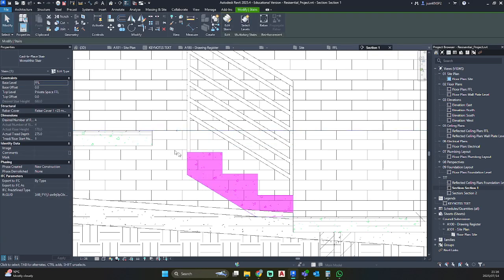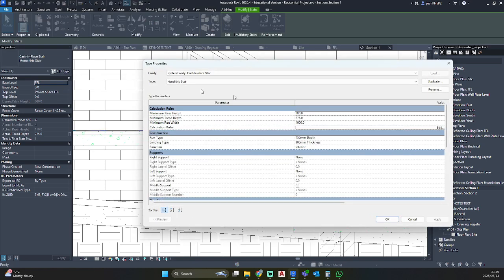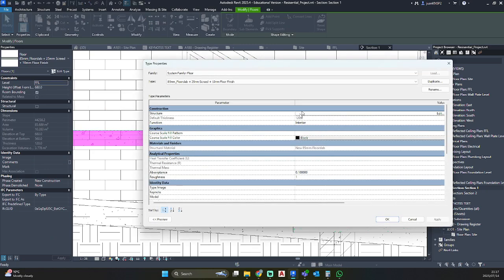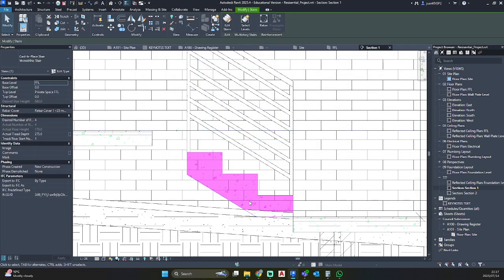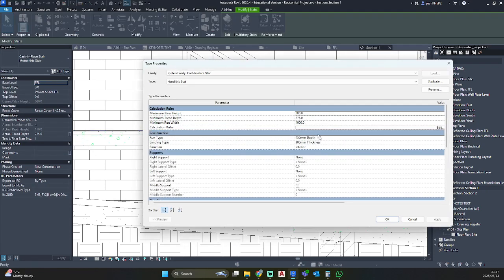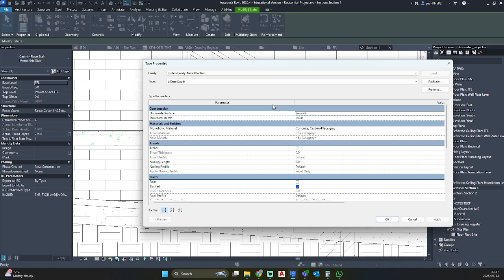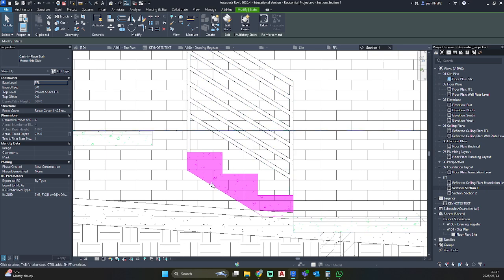So we want this staircase to connect and talk with our floor slab. So we can just check our landing type, run type is 150 mm thickness. Our floor slab in total is 120. So if you select the stair and go edit type, we want to change the run type. So that's currently on 150. We know our floor is 120, so we would want that on 120. And you'll see that this area has gotten smaller.